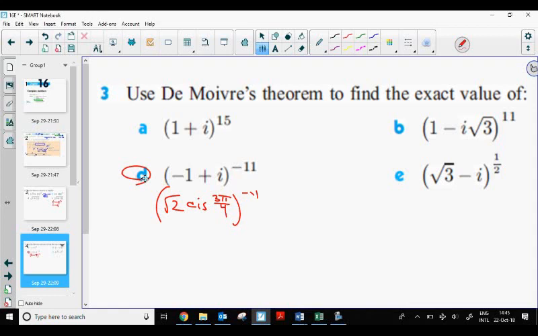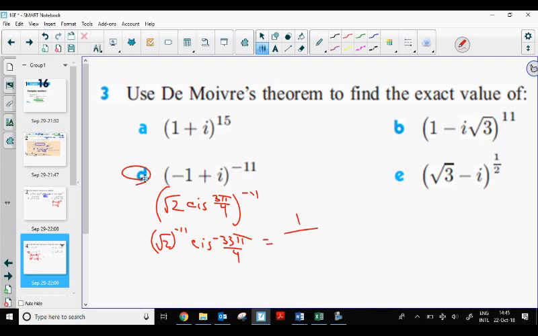And then after that, again, it's pretty easy. Root 2 to the -11th, might have to think about that for just a moment. But then it'll be cis of -33 pi over 4. We know that square root of 2 to the power of 10 is 32. We talked about that earlier. So I guess this is going to be